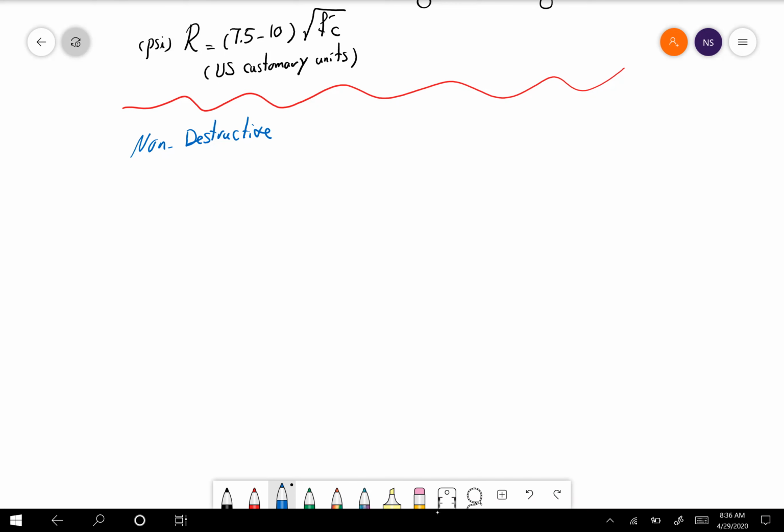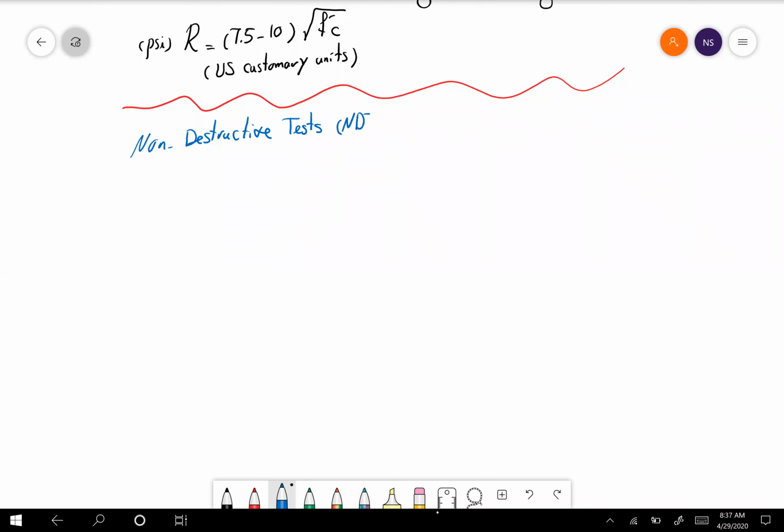So if you can do the concrete testing without destructing the concrete, that would be very optimal and very beneficial. That's why we call these non-destructive tests,